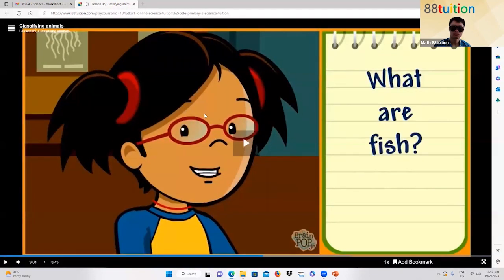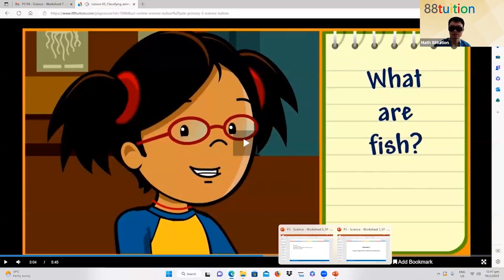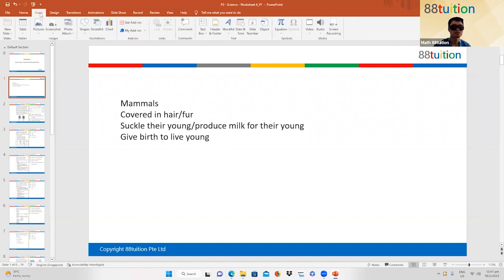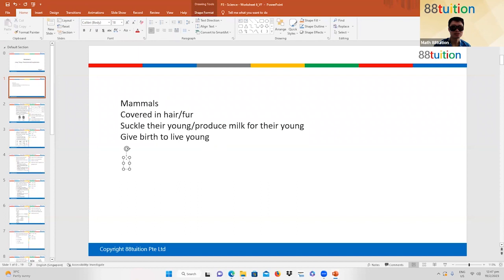What are fish? Okay, so that's birds for you. Okay, so write down the characteristics of birds, yeah? So now, let's have another. So, Haris, let's study birds now. Okay, birds, another group of vertebrates, yeah? They have backbones and